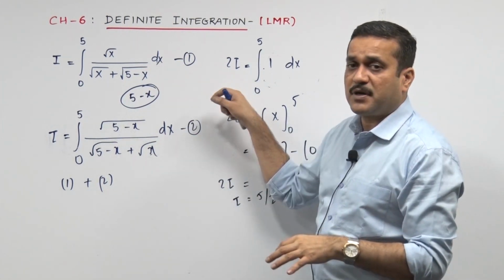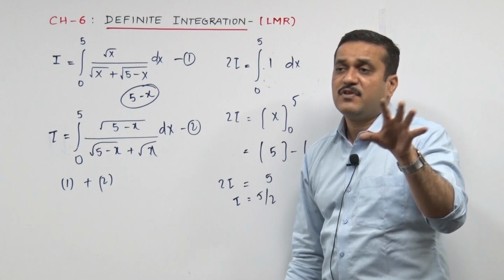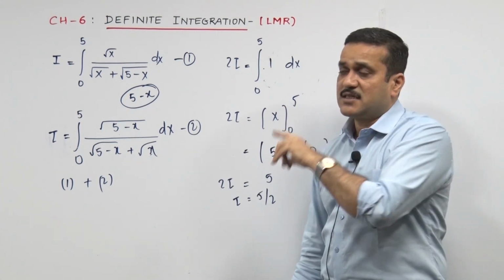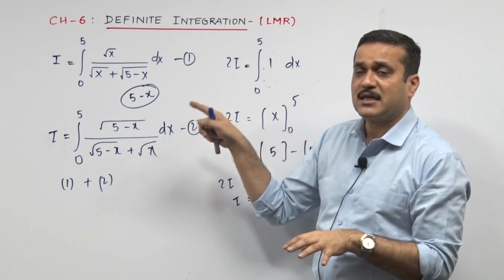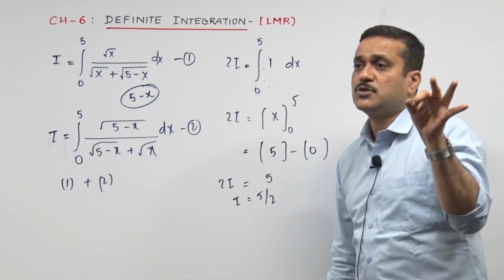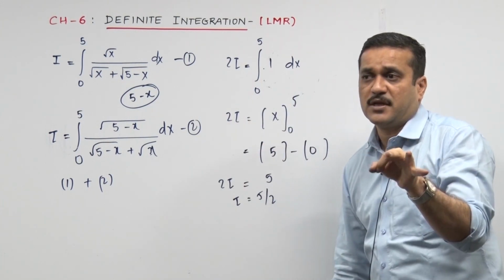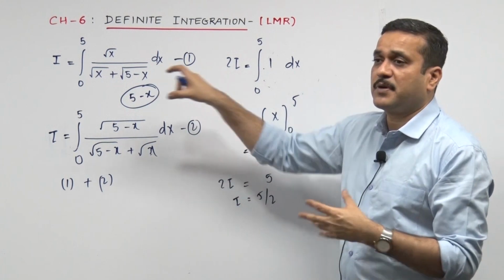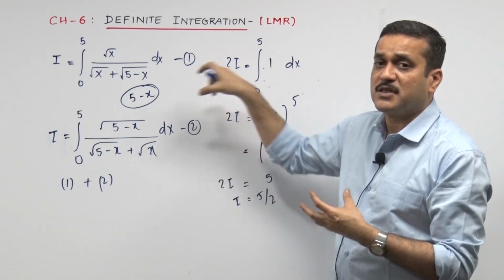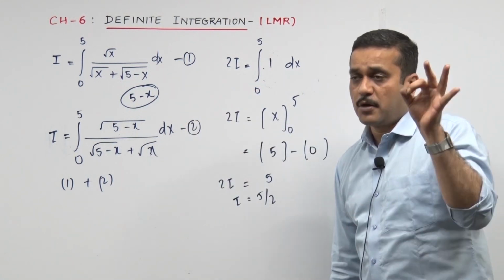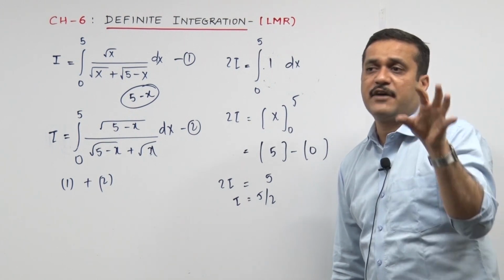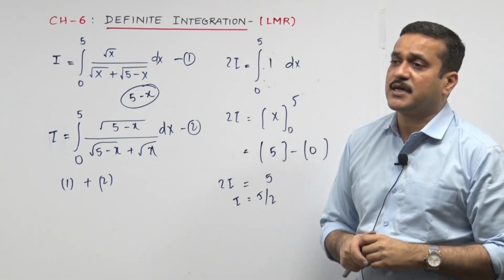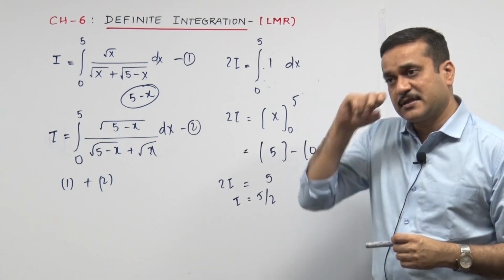See, we didn't mention the property still. By using the theme, we can change our x to a minus x. In this sum, we can change our x to 5 minus x. With that, we finished off the sum. So the theme should not be forgotten. But you cannot just put your theme line over here; you need to put in the property. So property 4: integrate 0 to a f of x dx is equal to integrate 0 to a f of a minus x dx.